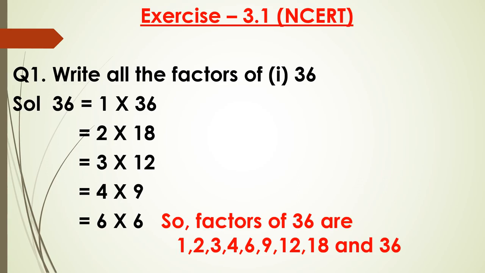We have to show this working, because if we do it in this way, we will not skip any factor. If we write down directly, then it may be possible that we skip one or two factors. In this way it is not.